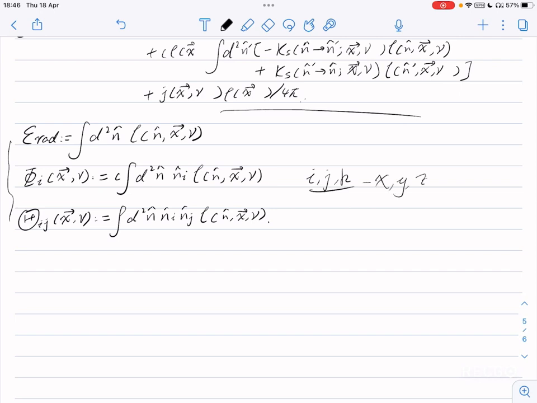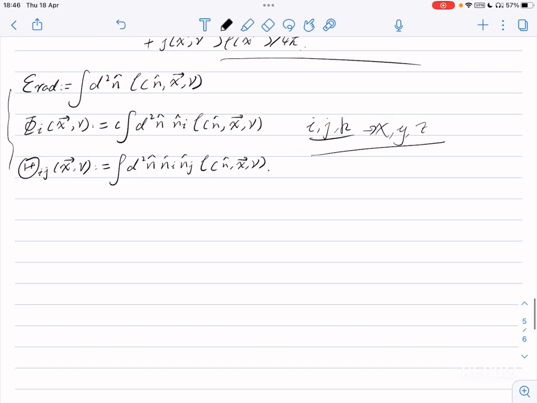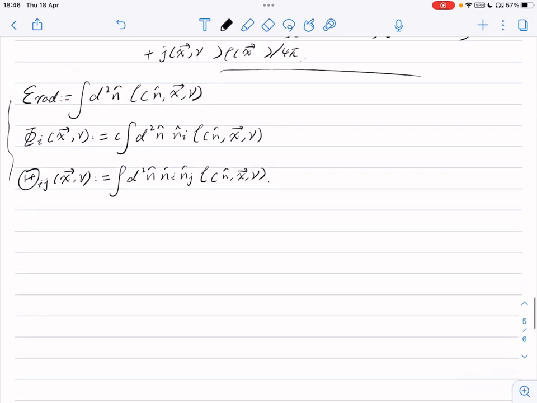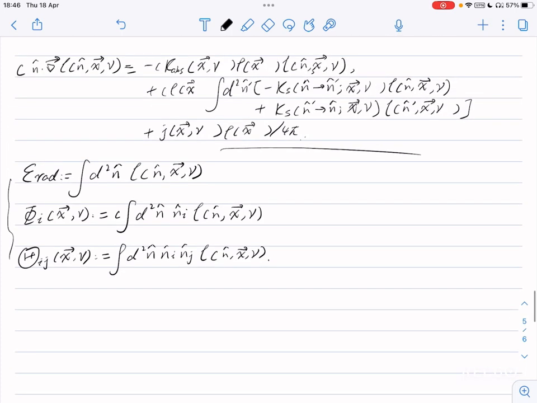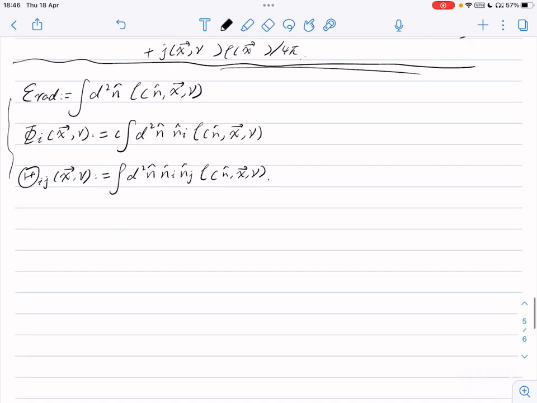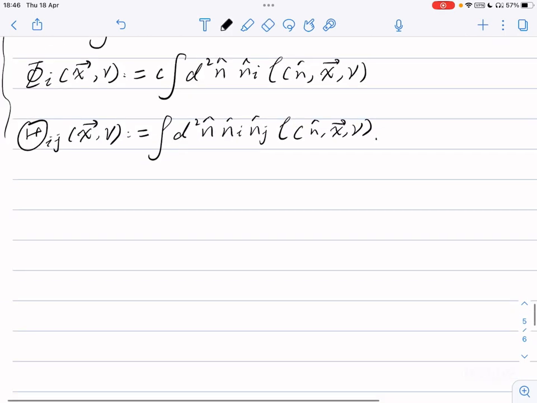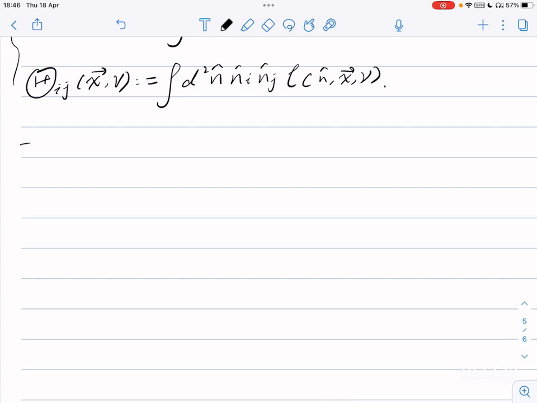Okay, so let's begin. If we integrate the above equation over the direction n, we will obtain the following equation: the divergence of the flux vector